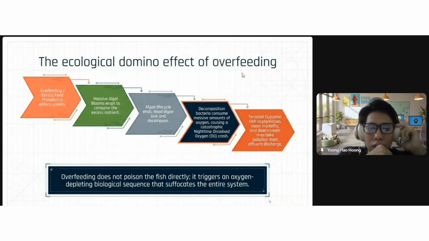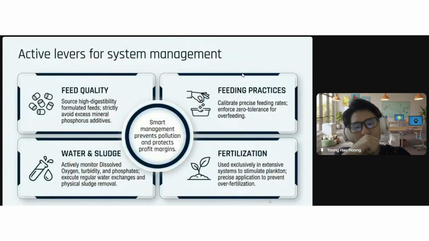What are the problems if there is an excess of phosphorus? Normally the excess phosphorus comes from overfeeding. So too much phosphorus can cause algae bloom, which later will result in eutrophication, and this will reduce the dissolved oxygen level. This phenomenon can lead to stress of the cultured organisms, and the fish and shrimp will be much more susceptible to disease and even mortality.